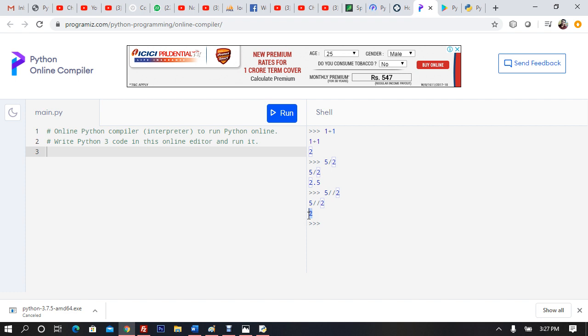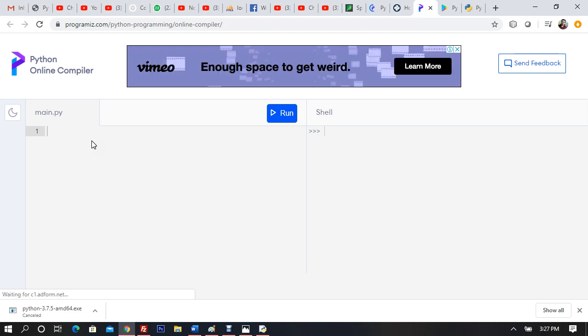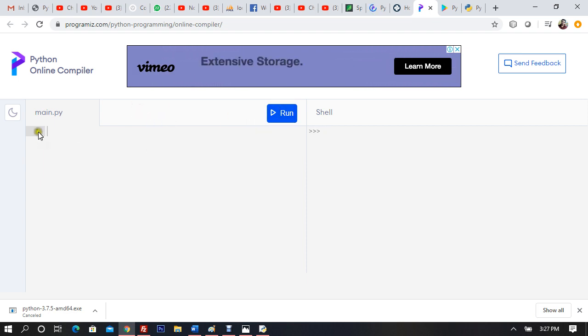You can do the same, but it requires a continuous internet connection, right? So this shell right here, or you can write your code completely here and then execute it, right? You can say 1 plus 1, you can do it here as well, and you can type in the shell as well. So it depends on what you want. You can try both things. You can say 1 plus 1 and run. You can see you'll get the answer in the shell. But the only difference is that you'll have to type print here, right?